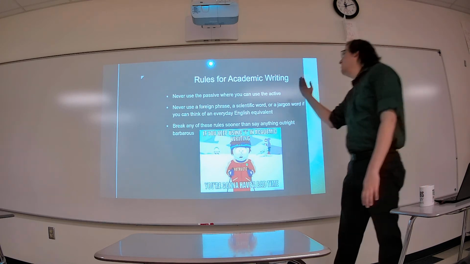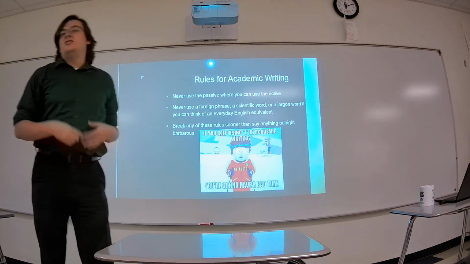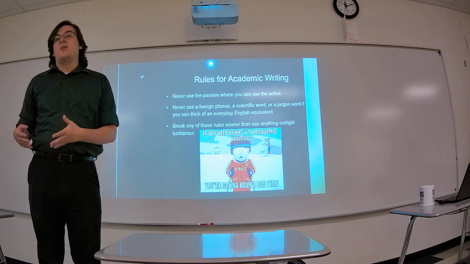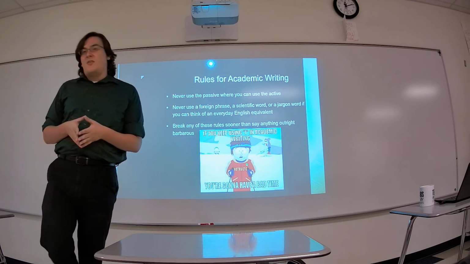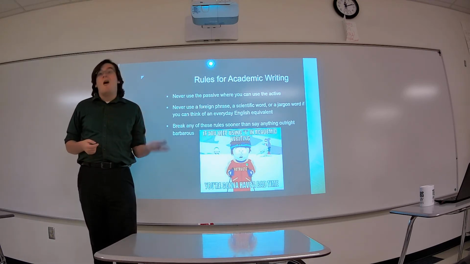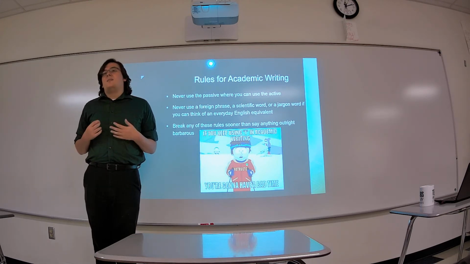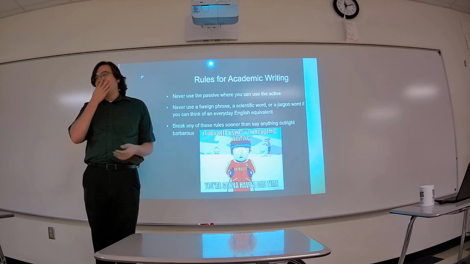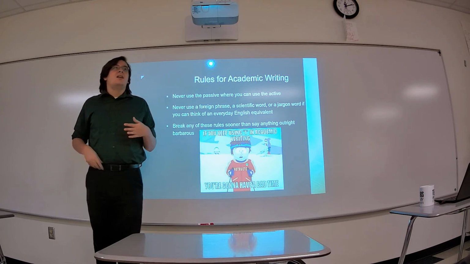So when we're saying use active voice over passive voice, what that means is you want to use what we call action verbs over passive verbs, or to be verbs. Examples of to be verbs that should be avoided are is, was, are. These are verbs that, while they'll fit, are just kind of boring. It's much more interesting to read